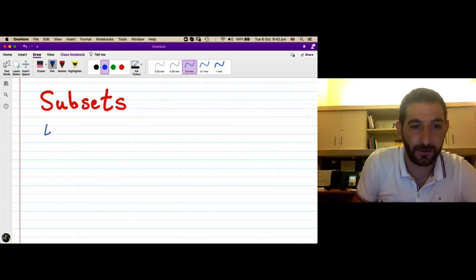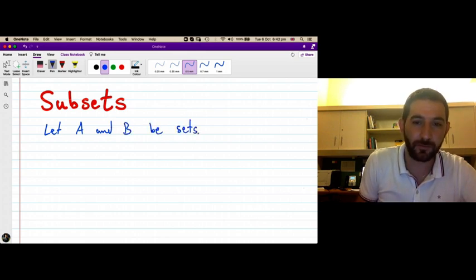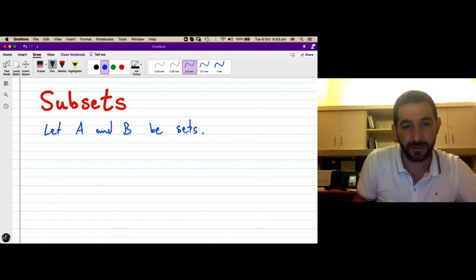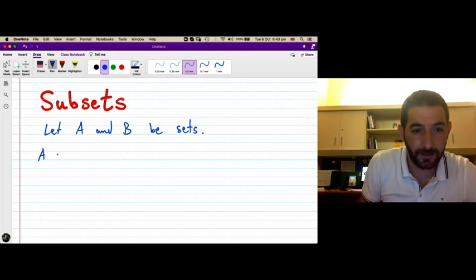So let A and B be any two sets. Okay, what do we mean by this? We mean that A is a collection of objects, so is B. So a set is just a collection of objects. Okay, we say that A is a subset of B